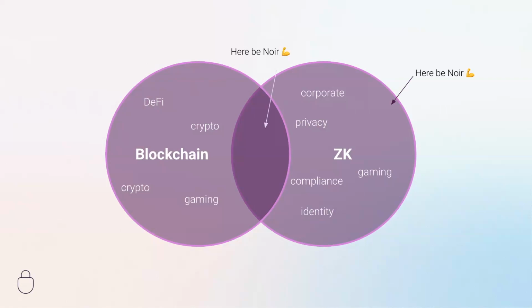So ZK is really powerful for everything, and Aztec sits at this intersection between blockchain and ZK. This is one of the reasons why Noir is not a language just for Aztec. It's a language you can use for many things, including smart contracts on Aztec. That's just one of the things you can use Noir for, and you can also use it as a smart contract language for all other chains as you wish. So we need this usable